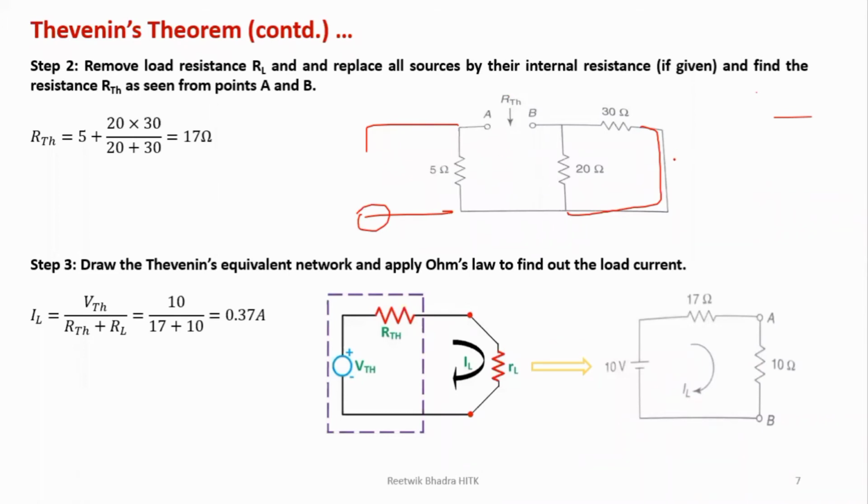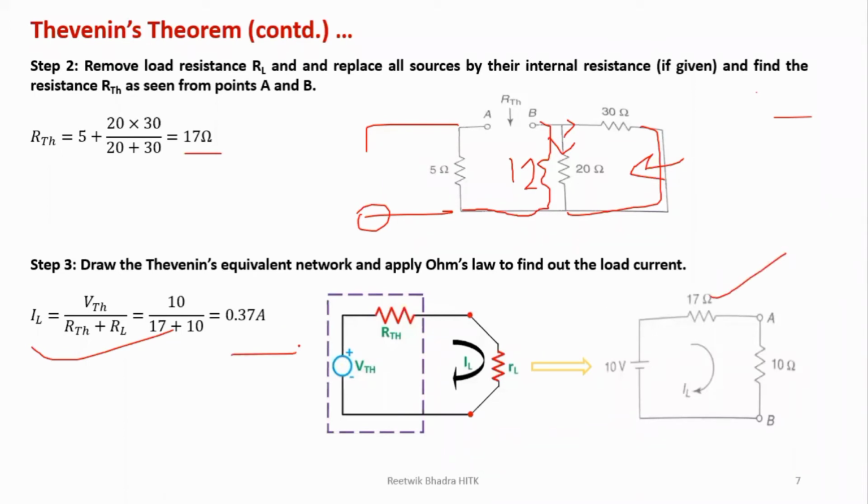So I'll solve from the extreme path, which is this one. 30 and 20 come in parallel because there is a divider over here. These are two different branches. 30 into 20 gives you 600 by 50, so that is 12. That combined resistance is your 12. That 12 comes in series with 5 and will give you 17. And at last, the same thing: draw the equivalent circuit and find the equation.